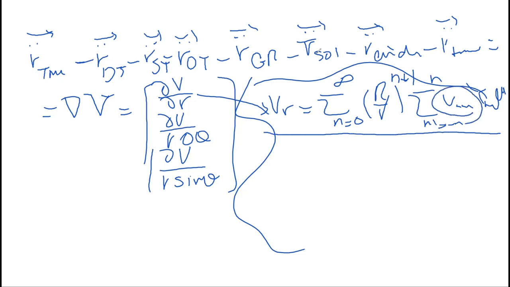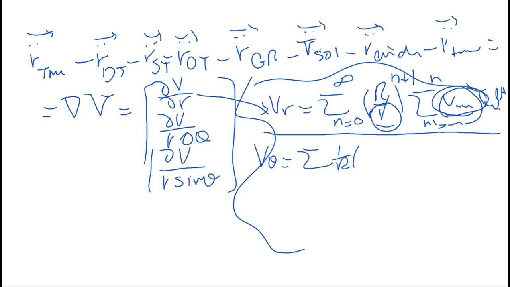I can write a system of equations for each point that the satellite is there. And then I can determine the spherical harmonic coefficients. That's all. For V theta it is the same,